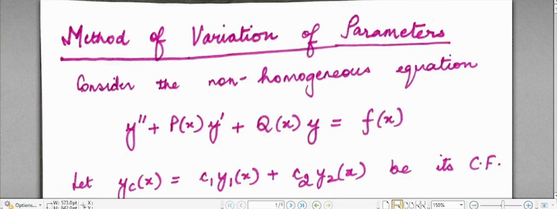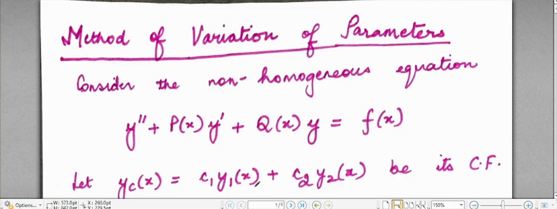In today's video we are going to learn the method of variation of parameters for solving non-homogeneous equations of second order. Now this method is there for all orders, but we are going to do it specifically for second order differential equations, and that too without proof because the proof is a little long. So we'll be focusing on the mechanical part here, how to solve problems for finding out YP for non-homogeneous equations using the method of variation of parameters.